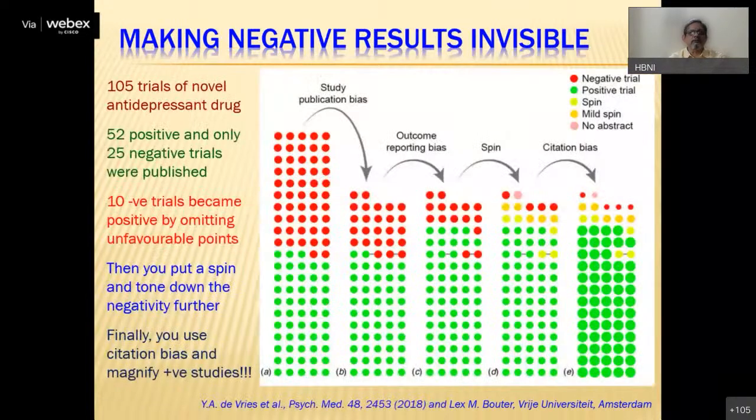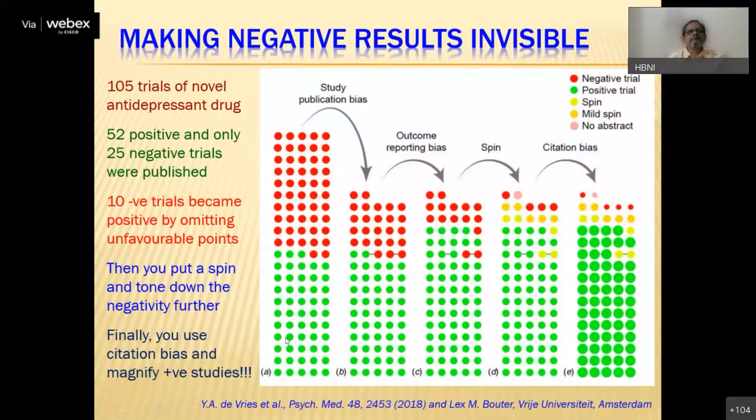So let us see an example how this works. These represent here, for example, this column of dots, they represent just over 100 trials of an antidepressant drug which has just been synthesized by a company. So when I say trials, each dot represents a trial. That means it is done on a certain group of usually human beings who are given this drug, and usually you have some, say, 100 sample size, that is 100 humans taking part in the trial. Then half of them will be given the actual drug, and half of them will be given a placebo. So they won't know what they are taking. Then you are supposed to analyze the results. So that's what each point represents. There are 105 trials of an